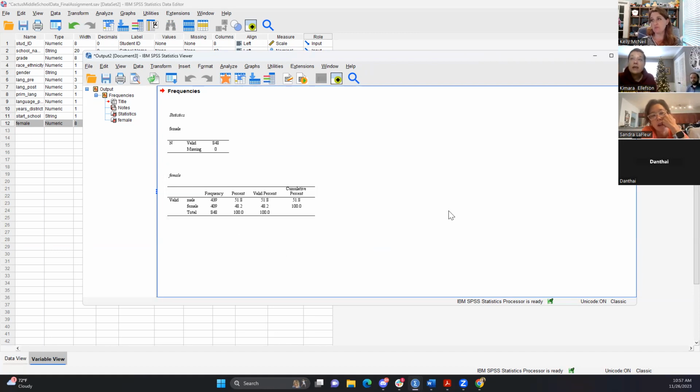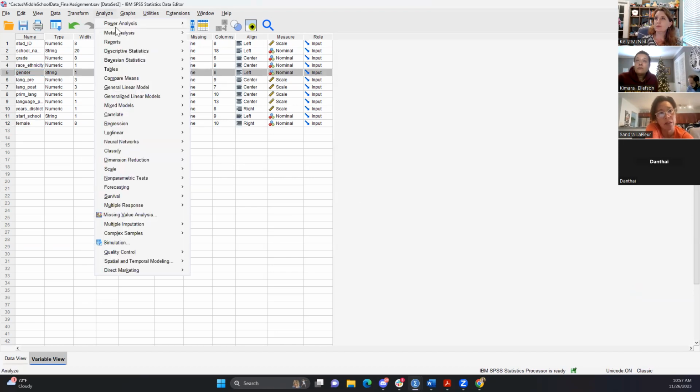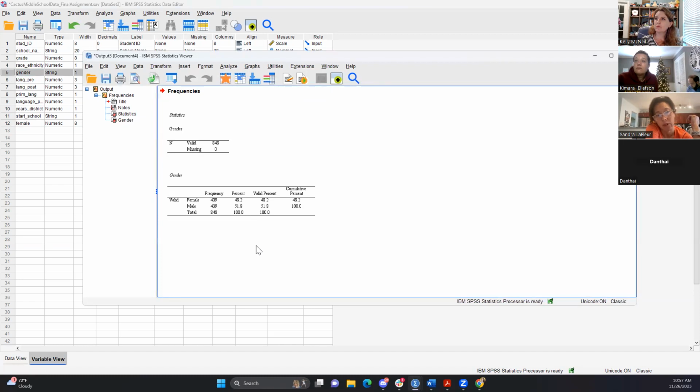And we're sure that we have the values right, that it's 439 male and 409 female. Okay. Yeah, because I ran a frequency on the whole thing, and it said 409. If you want to check, you can go up to gender. You can run a frequency on gender right there, analyze frequency on just gender, not female, and you'll see it come up. I'll do the same thing for you.